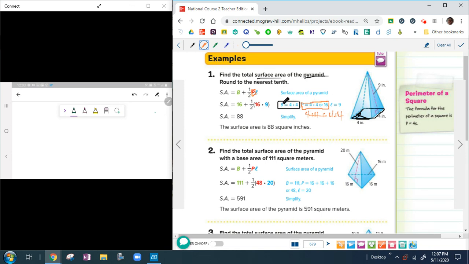So we found the big B, we found big P. Now we need the cursive L, which stands for the slant height. So that's the slant height going up there. Now, there could be a moment where some diabolical math teacher tries to confuse you, and they throw this in just to mess with you, and they give it another number. Let's say